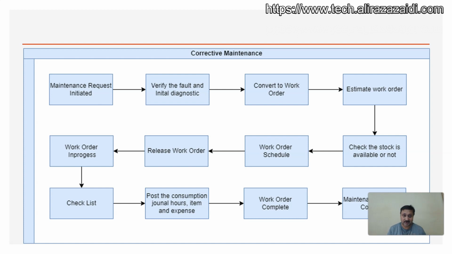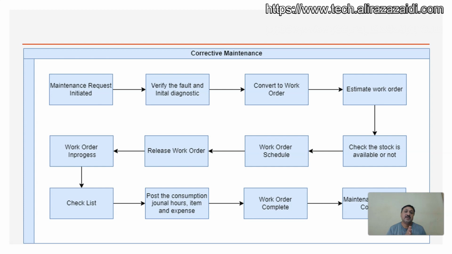If stock is not available, then the complete procurement process can be followed. That is not part of this video. It is the normal procurement process, and only a reference to the work order will be there. The normal D365 Finance and Operations procurement process can be executed from a work order. If stock is there, then workers schedule that work order